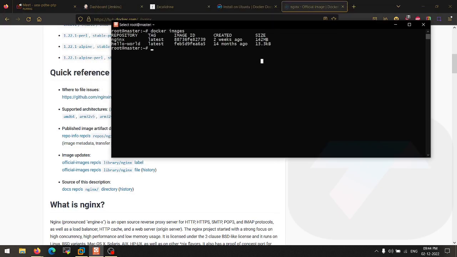Now you must be wondering, it says created 2 weeks ago and 14 months ago, right? First of all, this is the image, these are the tags, these are the image IDs. Now created shows when the images were created. So the Nginx image was created 2 weeks ago because we downloaded the latest Nginx, and the hello-world image was created 14 months ago. This is the size of the Nginx image. It's 142 MB, still less than an operating system, right? And the size of the hello-world image is only 13.3 KB. I don't think there is any low-level operating system in this hello-world image. Only text should be there, right? So this is how images look.